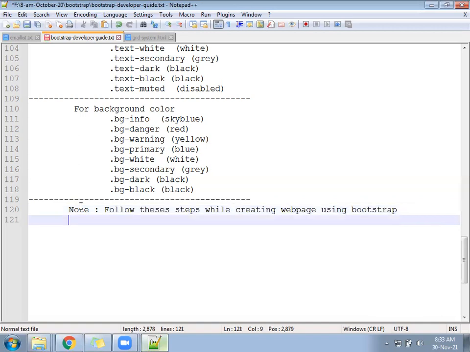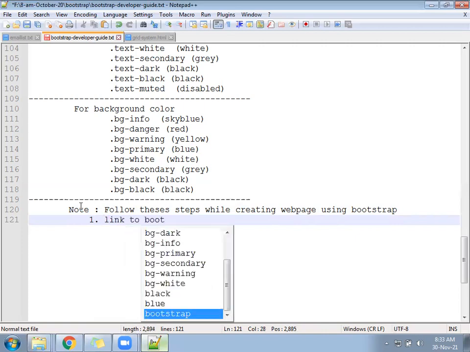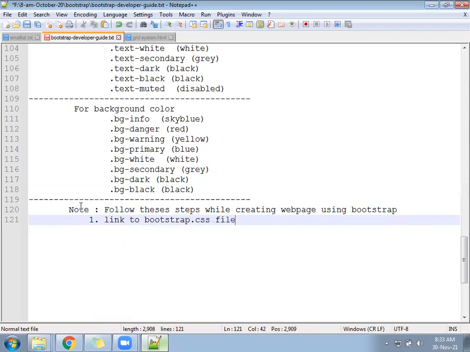What is step number 1? Include or link to the bootstrap.css file in the head section.